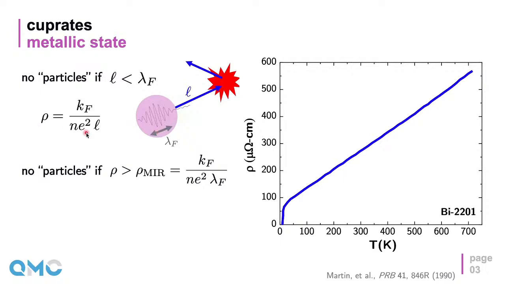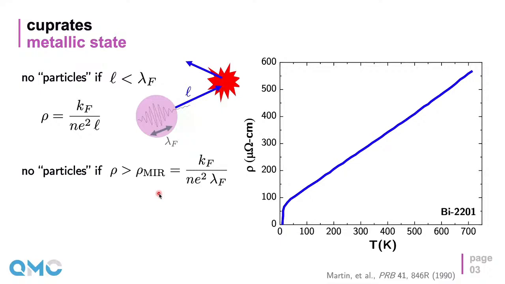And we can relate this scattering length to the electrical resistivity and convert this sort of abstract bound on length scales into an easily measurable but somewhat crude upper bound on the electrical resistivity, the so-called Mott-Ioffe-Regel limit. And the natural interpretation here is that if I can find a material with a resistivity exceeding this Mott-Ioffe-Regel limit, then this is a system that does not admit a particle-like description and is something interesting, exotic, the